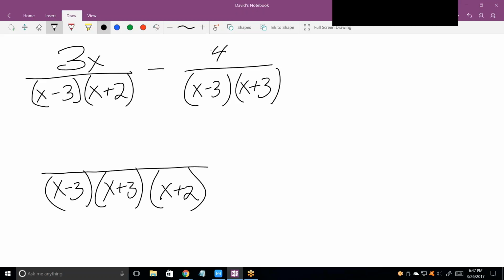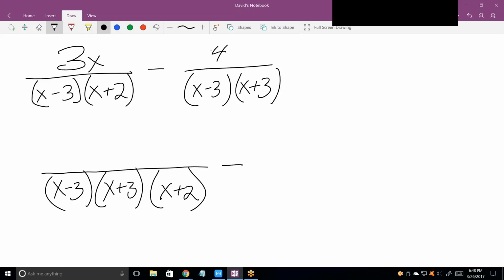Well, if I divide this least common denominator by that term, I get x plus 2, a whole number. If I divide this least common denominator by this term, I get x plus 3, a whole number. That tells me that I've got a least common denominator